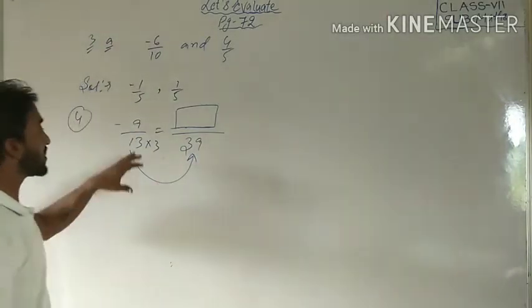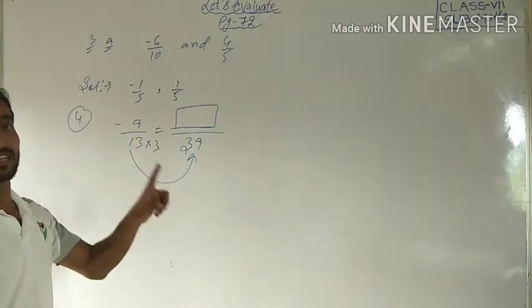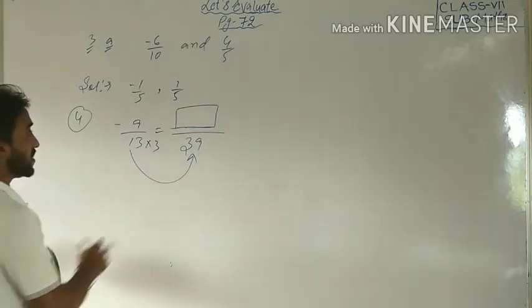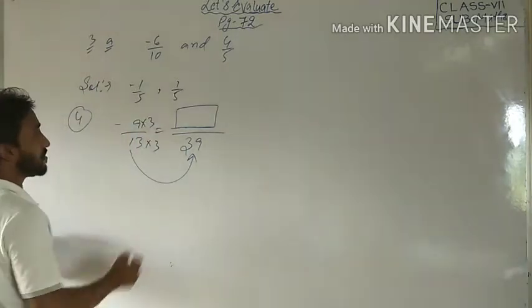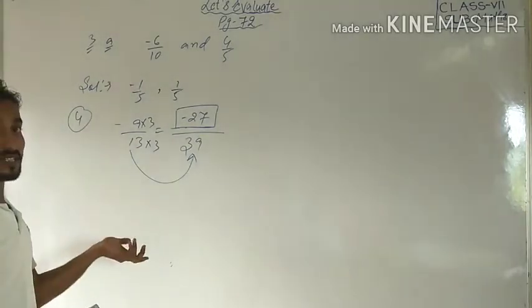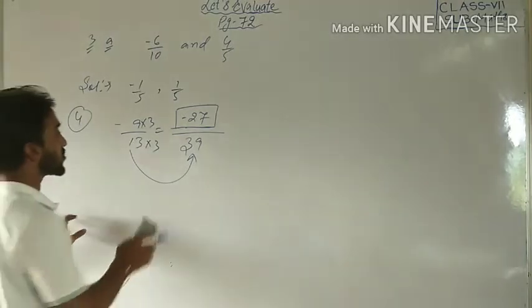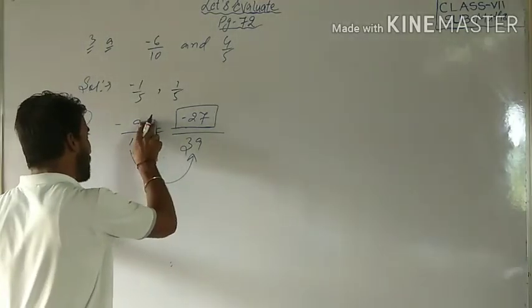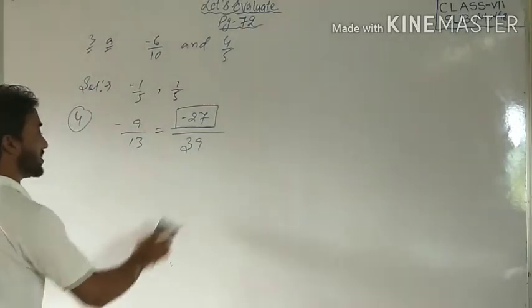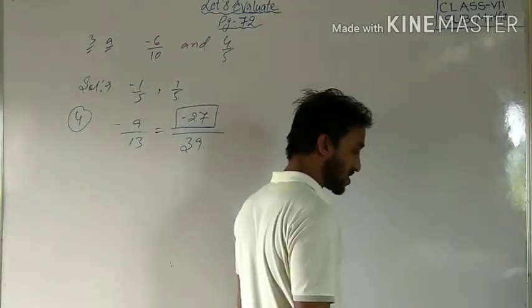And as we know, when the denominator is multiplied or divided by any number, the numerator is also calculated by the same number. Okay, so multiply by 3. What number will it become? It will become minus 27. Now you ask how the minus is there? Simple, minus is minus. So minus 9 into 3 is minus 27. I think you all understood very well. So students, the remaining questions you have to do by yourself. Question number 4b.